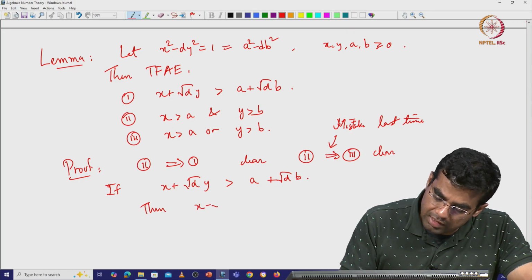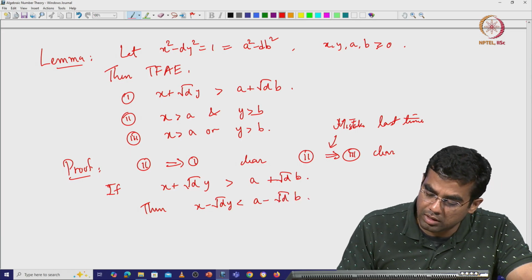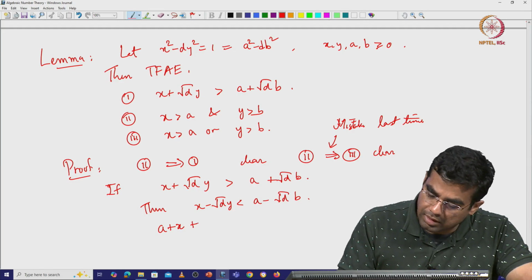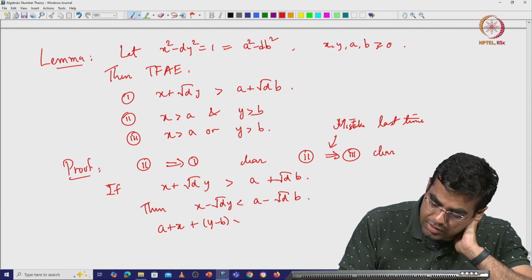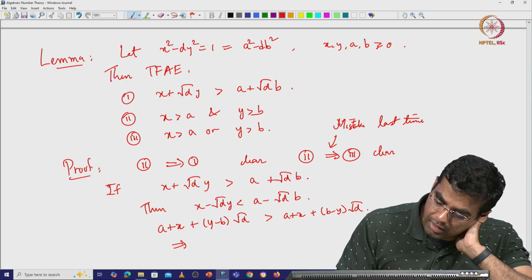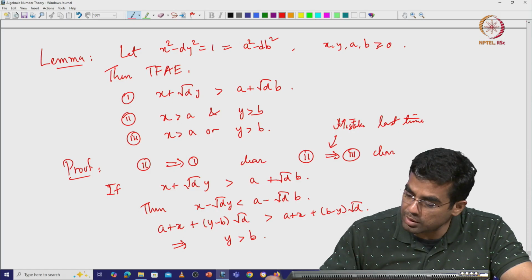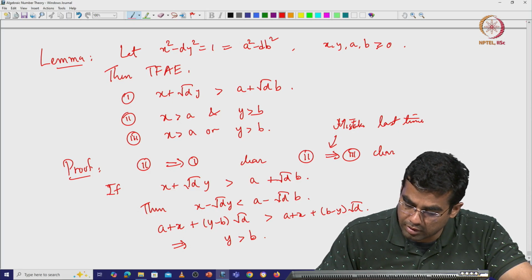Then x minus square root of d times y is less than a minus square root of d times b, and if you add these two inequalities you get that y is bigger than b, right. And as I said, if you subtract these two inequalities,